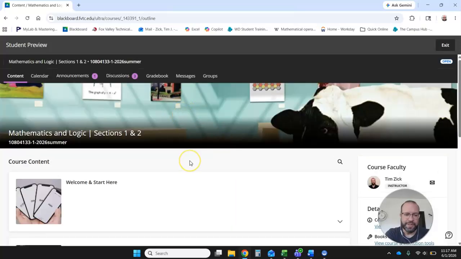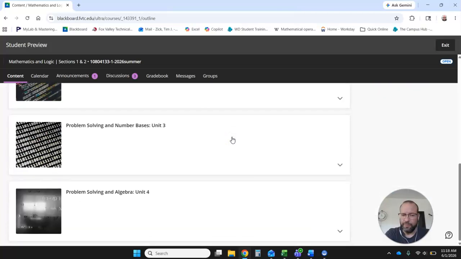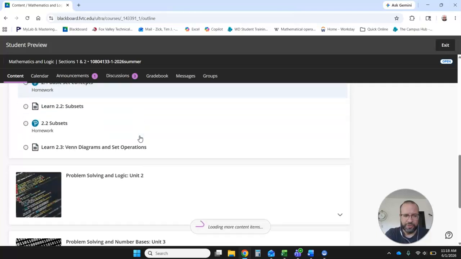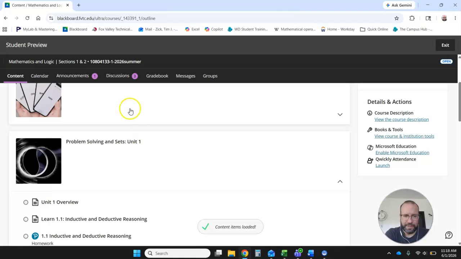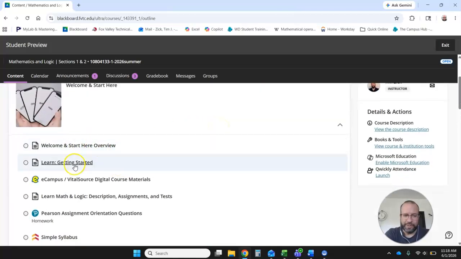Once you're into our course, I have it set up. There's a small welcome and start here area, and then we've got the 4 units. So clicking on any of these will expand them to show you everything that's in that area. If I go to welcome and start here, the first thing you really need to do, you can review these